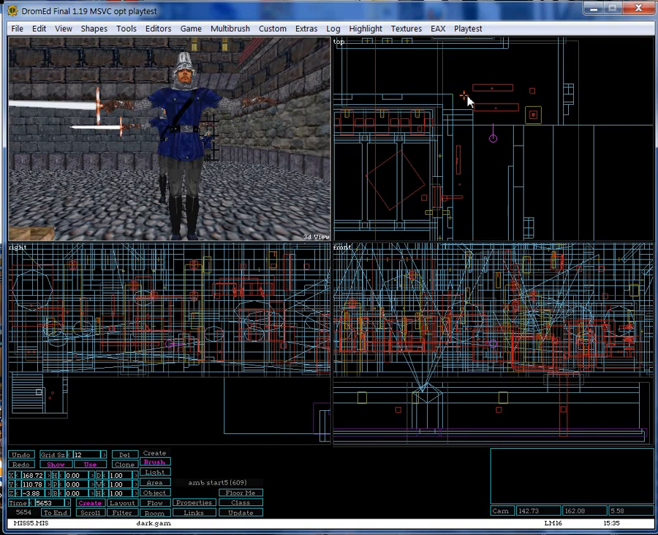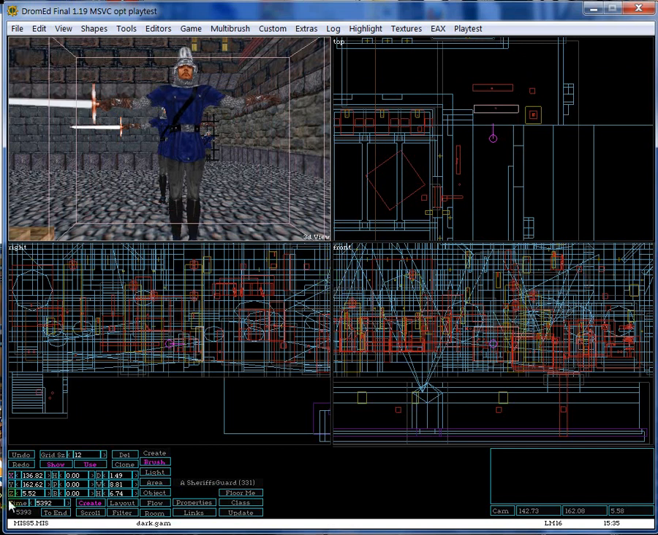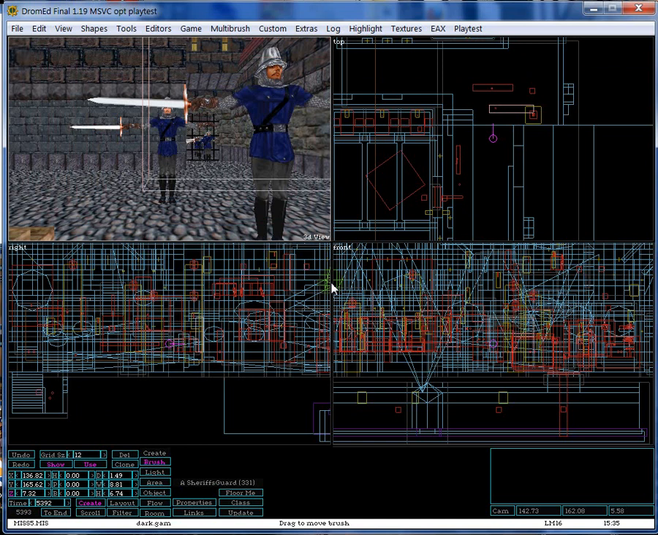So I'm going to select this sheriff's guard right here, and I'm going to hold down the left mouse button on the X. And you'll see that he's moved along the X-axis. So you can imagine that the Y would do for the Y and the Z would go up and down,